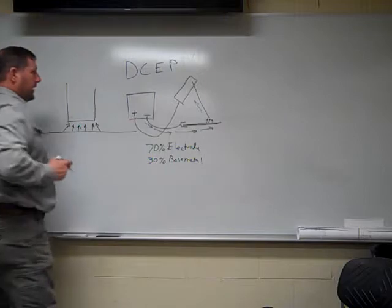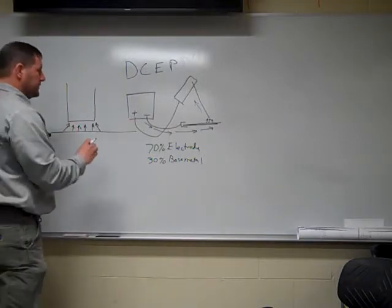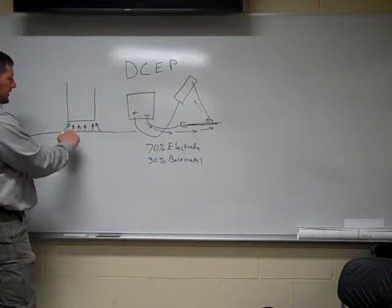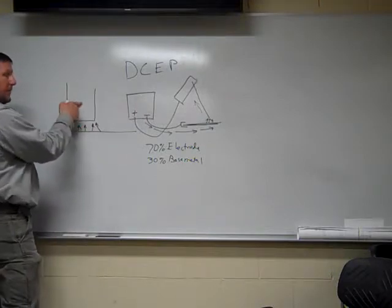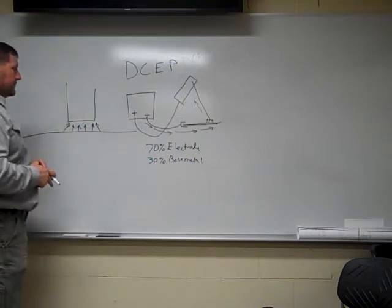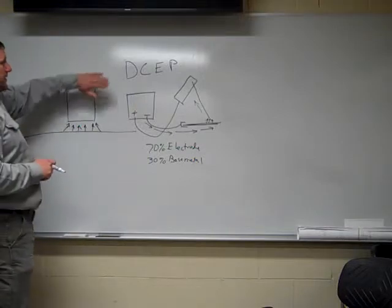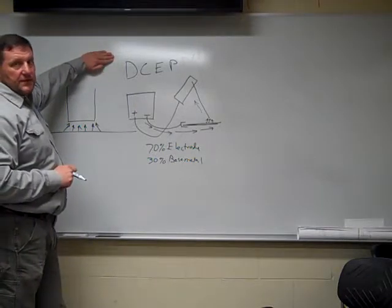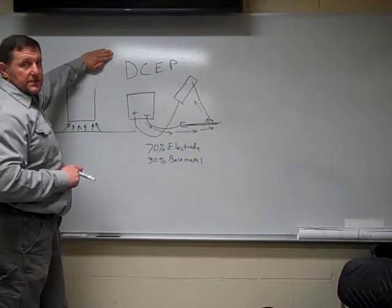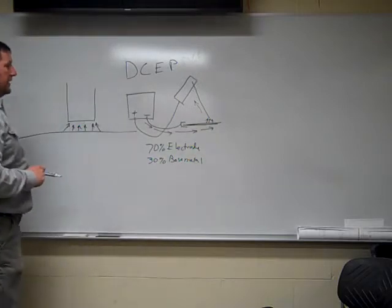With DC electrode positive, we're generating a lot of heat. We're going to get more fusion running DC electrode positive than negative. It comes down to that surface area. You're going from a large surface area to a small surface area. It generates a lot of restriction, generates a lot of heat. Just the opposite of DC negative. So when you weld with your 6010s, 6013, 7018, we're going to be running all DC electrode positive. The main reason being because we want that fusion. We want to generate a lot of heat at that electrode